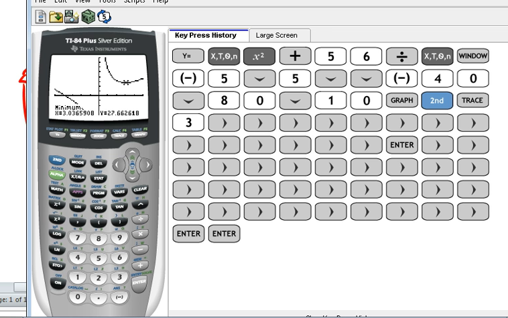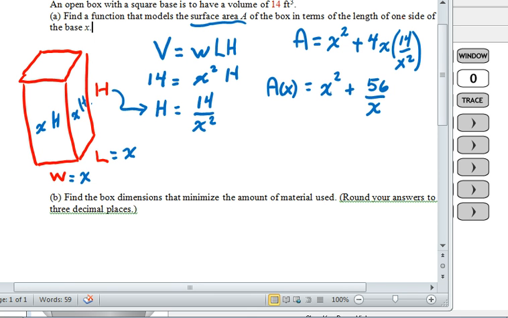And so now I can go back to the other screen and write down that the x dimension that minimizes the surface area to 3 decimal places is 3.037 feet. So it's going to be 3.037 by 3.037 because the base is square, times the height,